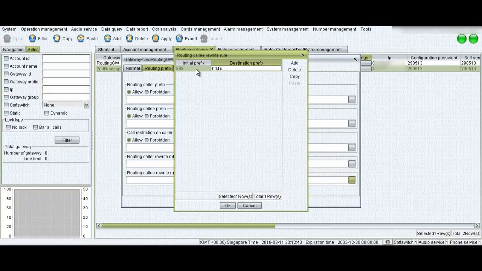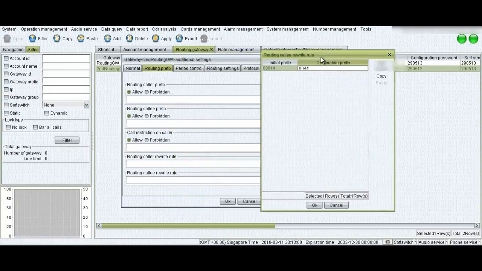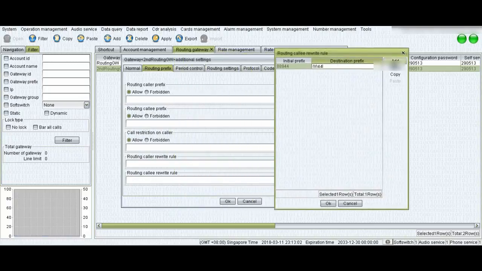Okay, sorry, you also need to mention 44 here as well. So now this whole string will be replaced with this string and it will be sent to the vendor. Similarly, I have one more initial prefix, which is 55544.